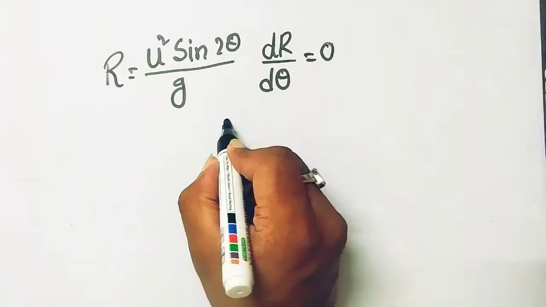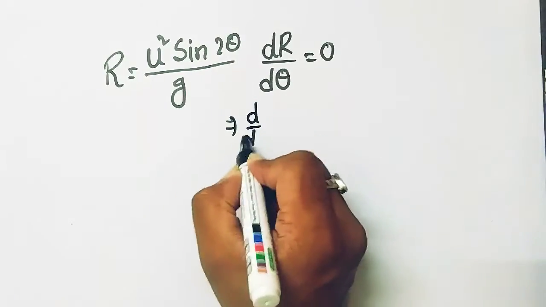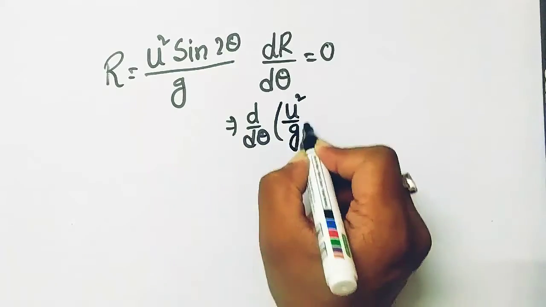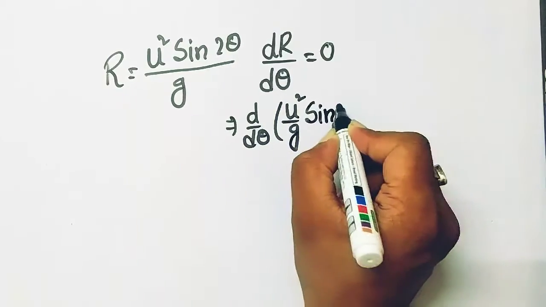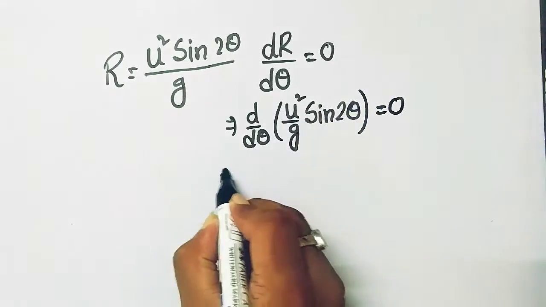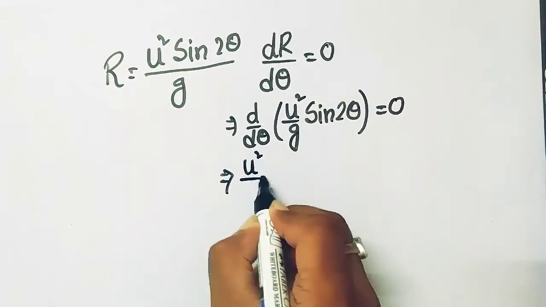So d d theta of u square divided by g sine 2 theta equal to 0. Since u squared by g is constant,